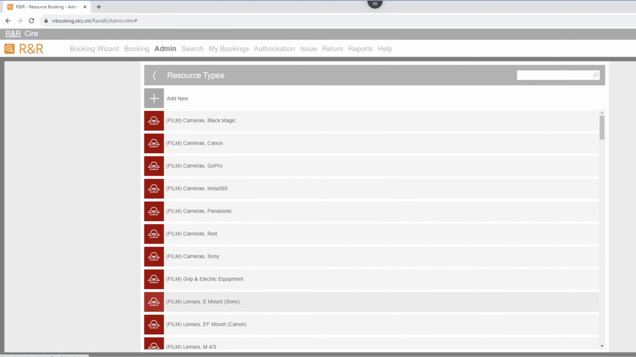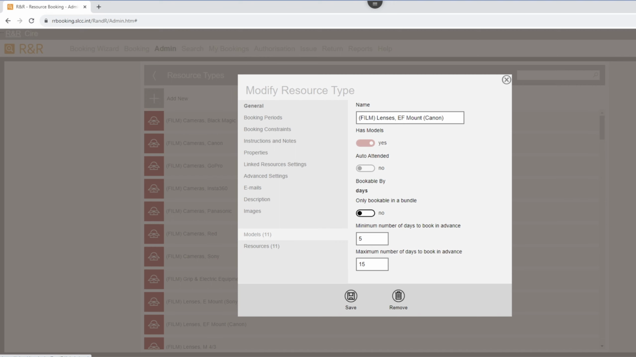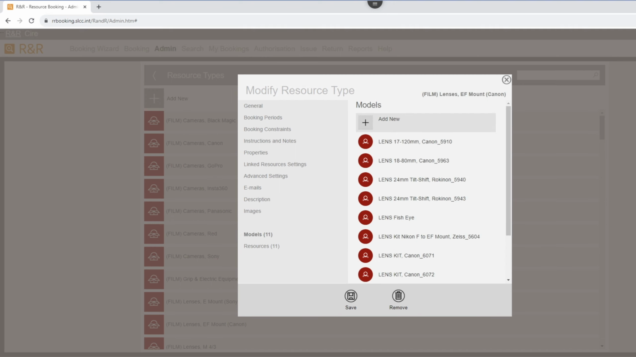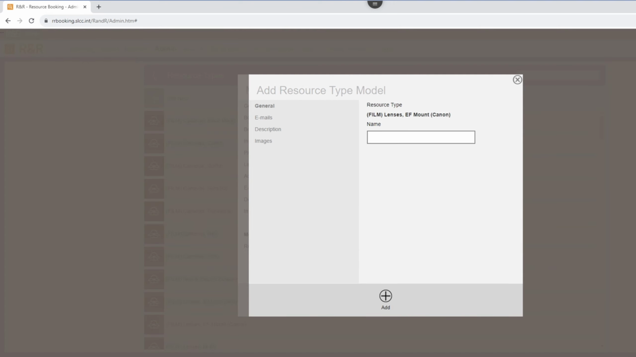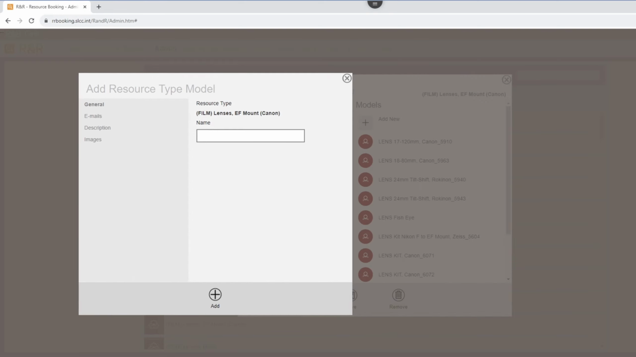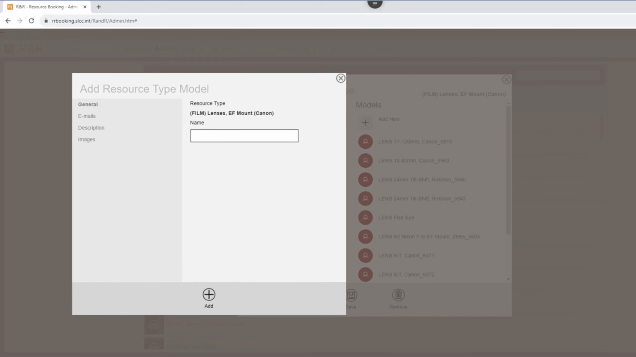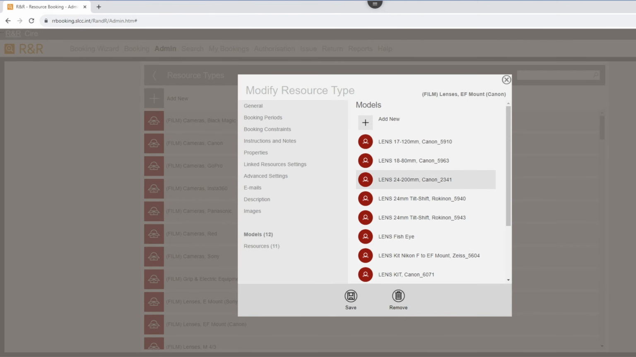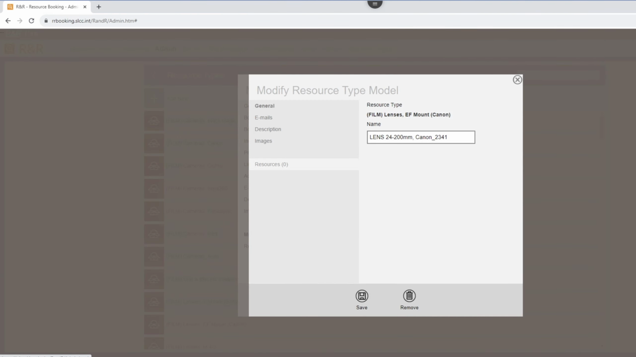We're going to add some lenses, so let's go to Lenses EF Mount Canon, go to Models, then Add New Model, move the box over so we can copy the naming format, and we're going to name this lens 24 to 200 millimeter, comma, Canon underscore 2341. Then click Add. Now go back to the model, then go to Resources, and this is the important part, you're